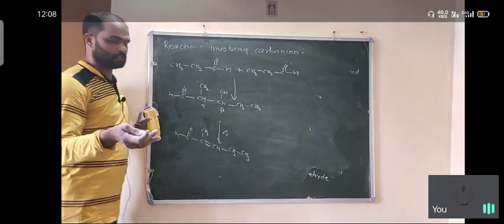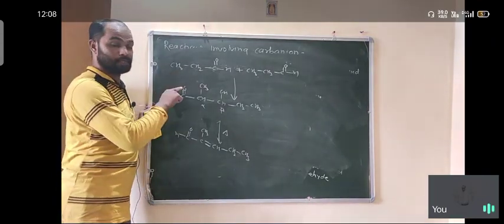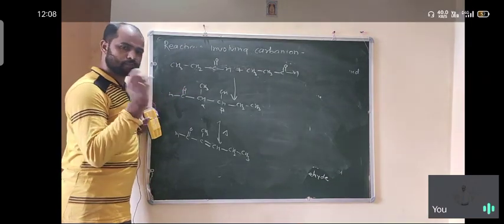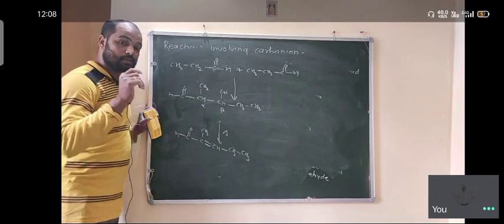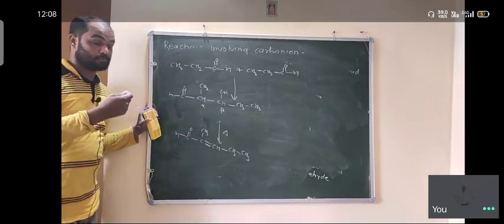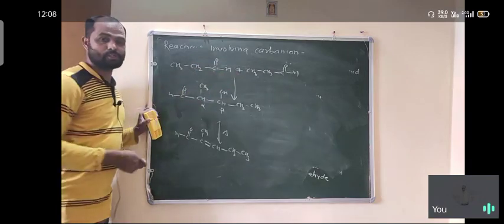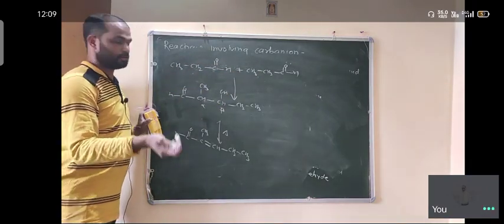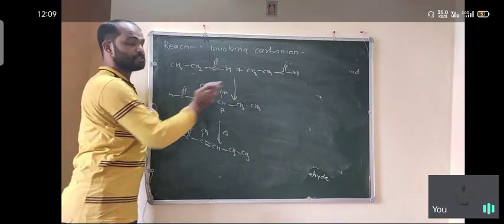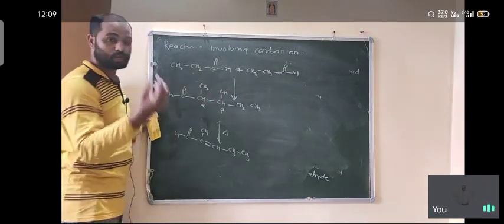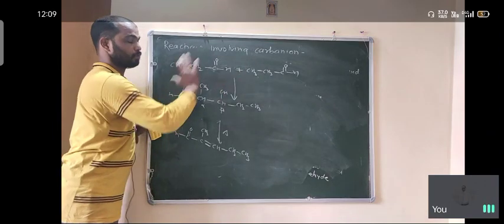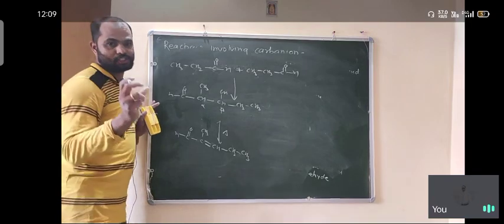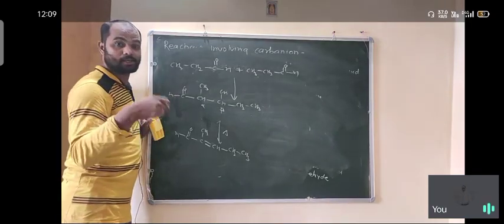In the next lecture we are going to discuss this, but here we used both the same molecules, both aldehydes or both ketones, but both molecules are the same. But if two different molecules are used, one aldehyde and one ketone, what happens? Suppose both are aldehydes but different, then what happens? If both are ketones but different, what happens? So this is a cross aldol condensation reaction. We are going to discuss it in the next lecture.